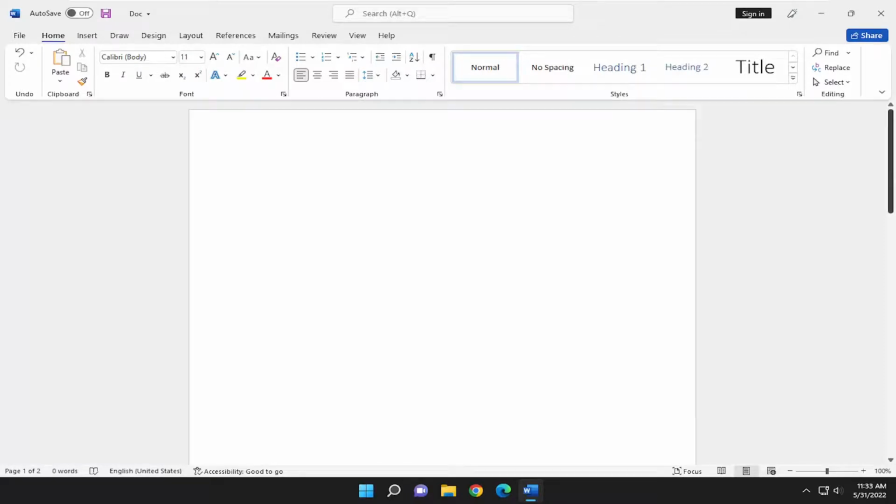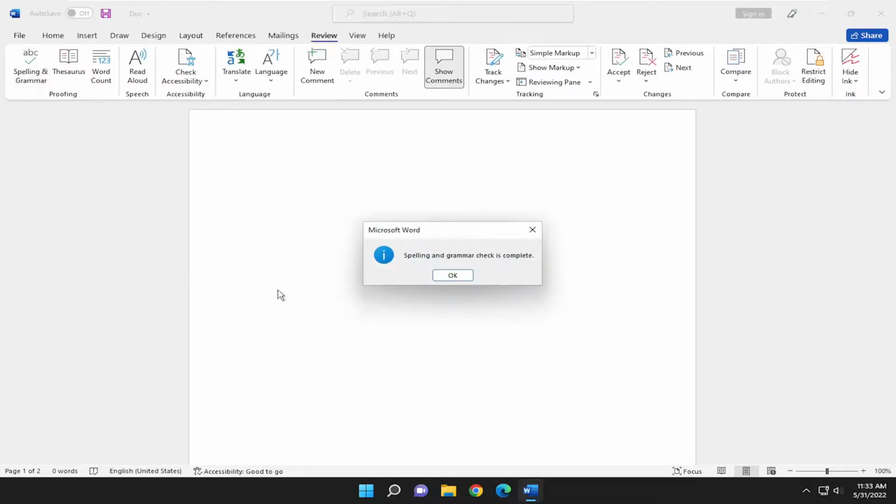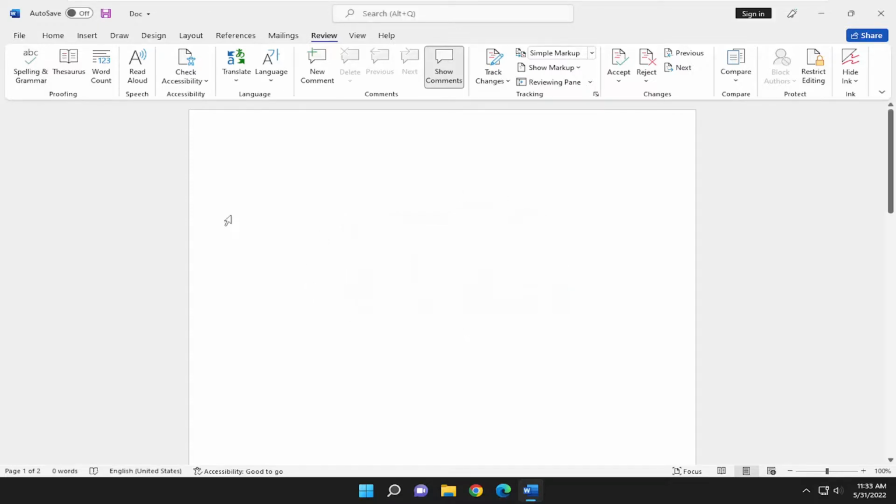And if you want to perform a quick spell check, you can go ahead and select the Review tab and select where it says Spelling and Grammar. Go ahead and left click on that, and it'll go ahead and run a manual spell check of your Word document and see if there's any issues it detects. So pretty straightforward process here,